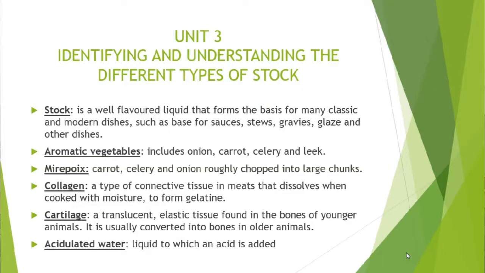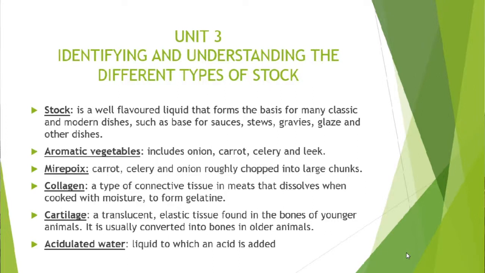So we explained the stock. What is a stock? We said it is a flavored liquid. Number 2, we explained aromatic vegetables. We said they include onion, carrot, celery, and the leeks. The mirepoix, we said they include carrots, celery, and onion that are roughly chopped. We also explained collagen, of which we said it is a type of connective tissue found in meat that dissolves